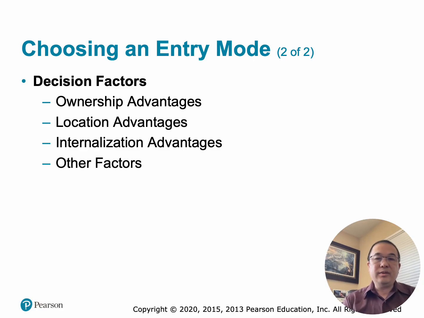B, resource availability. How much money and expertise does the company have? Small firms may choose exporting, licensing, while the large firms may choose acquisitions and greenfield investments. C, global strategy. How does the foreign market fit into the company's long-term plan? Examples would be regional expansion, global market leadership, and supply chain optimization.